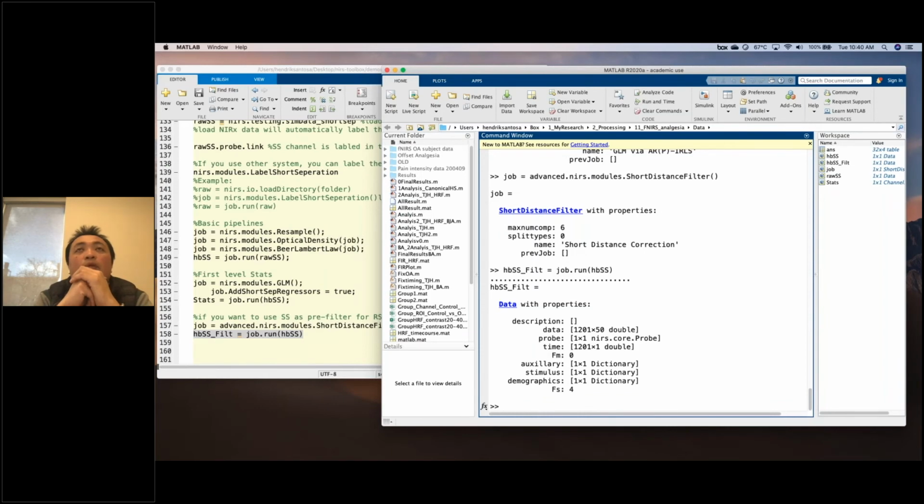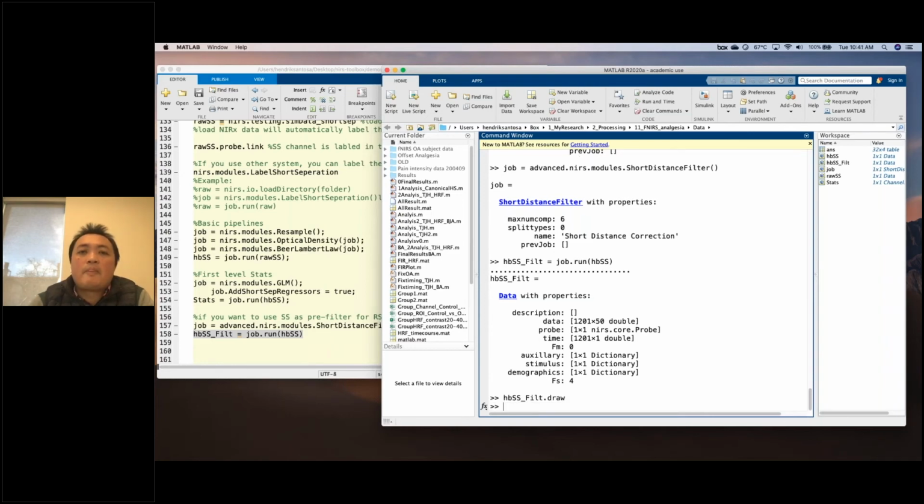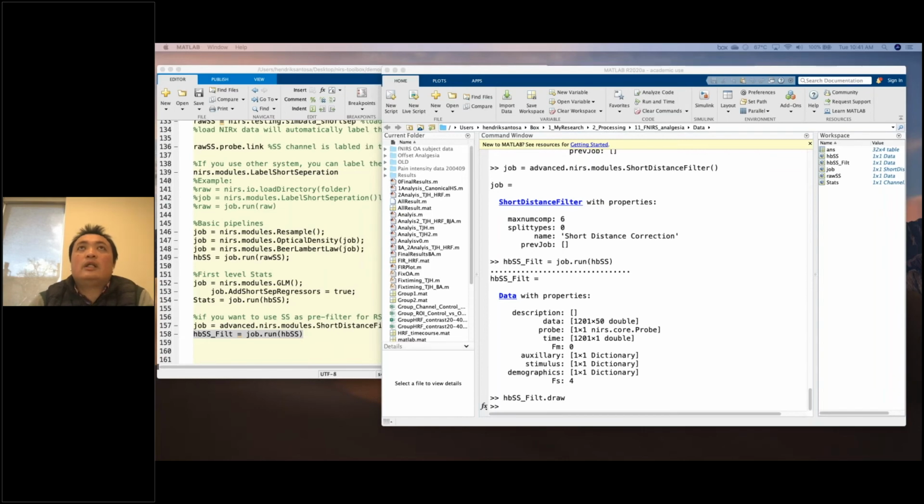Sorry, for the hemoglobin data, and then this is hemoglobin for the short separation channels using pre-filter. Yeah, this one.